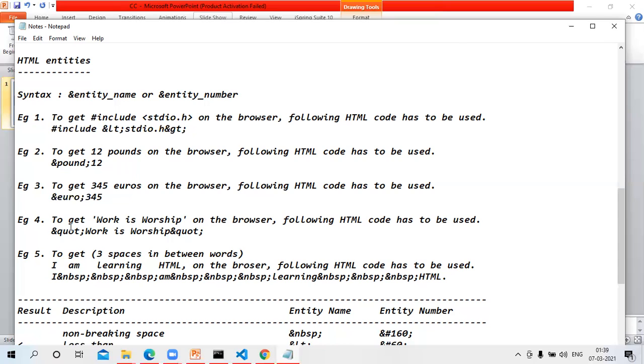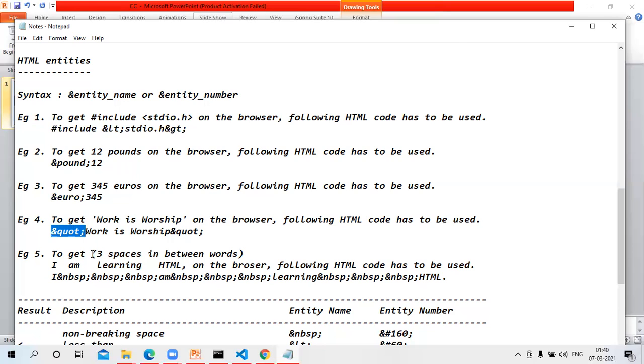This is to get a single quote. For example, if we want to display "work is worship" on the browser with the single quote also, then instead of the single quote, we have to use ampersand quote.